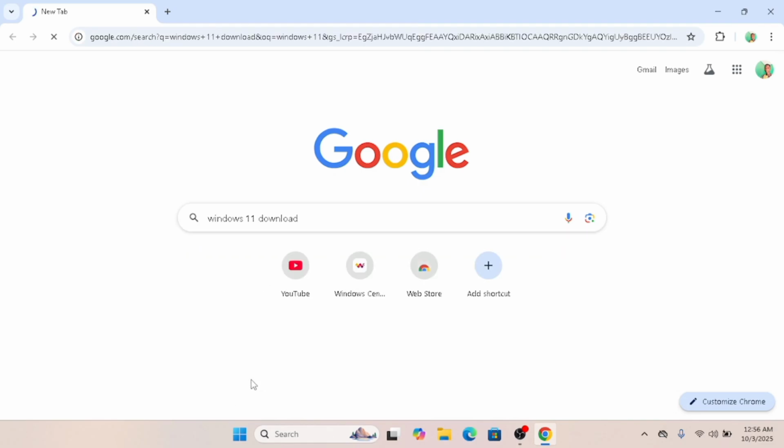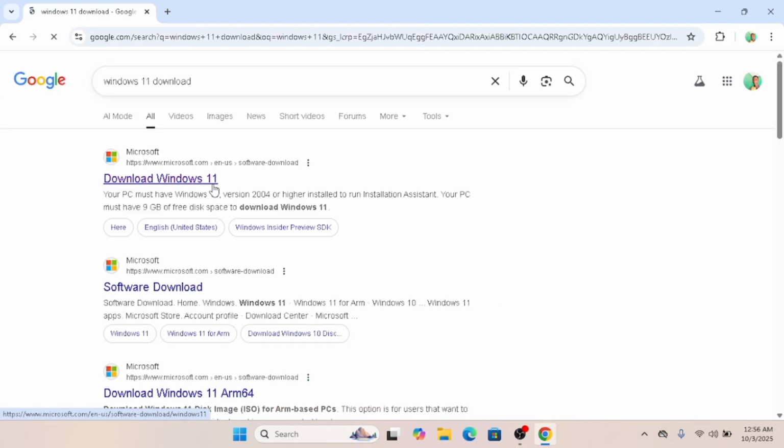Download. So the first link, this one, is the official Microsoft website. Don't download from any other third-party websites, for the sake of malware. Download this from the official Microsoft website. So this is the official Microsoft website. You click on it,